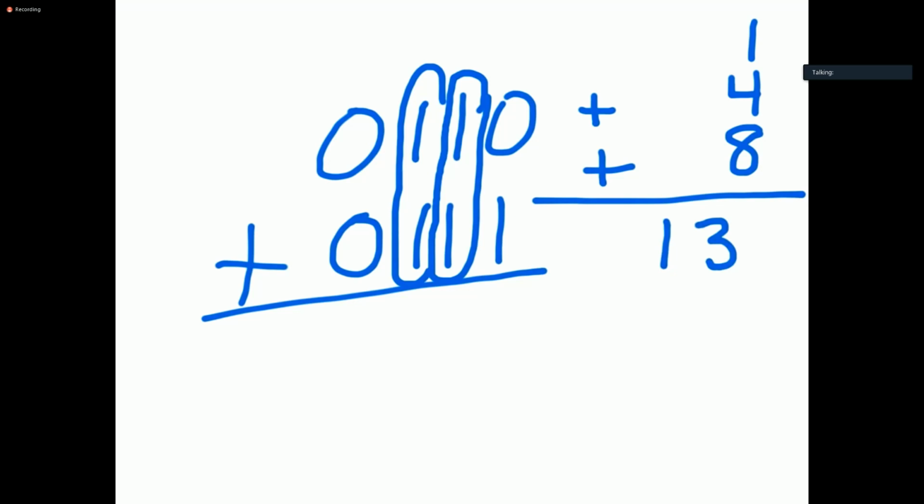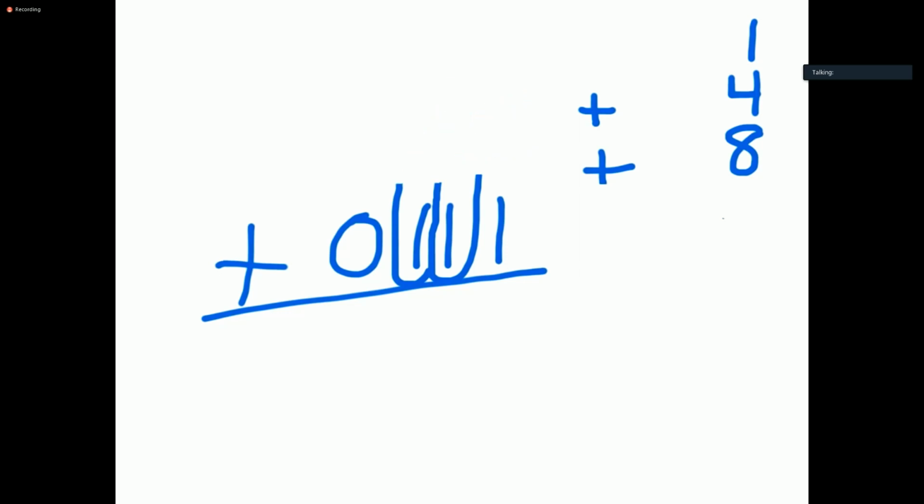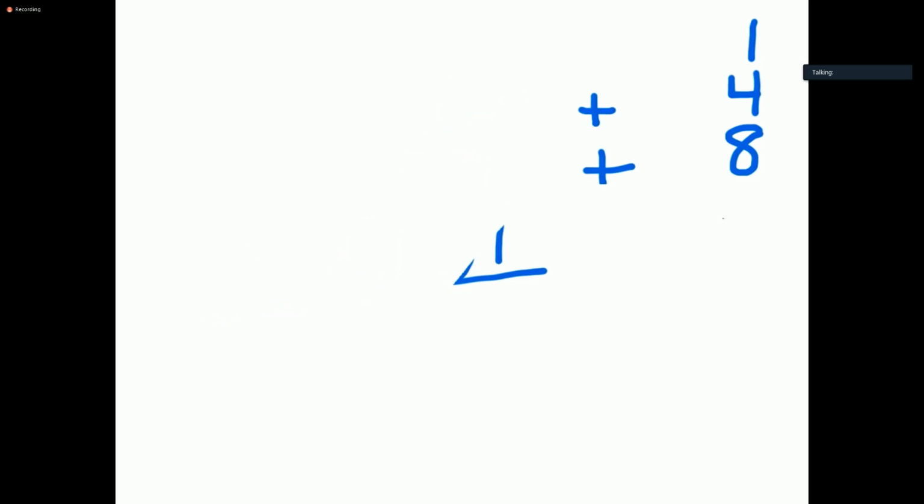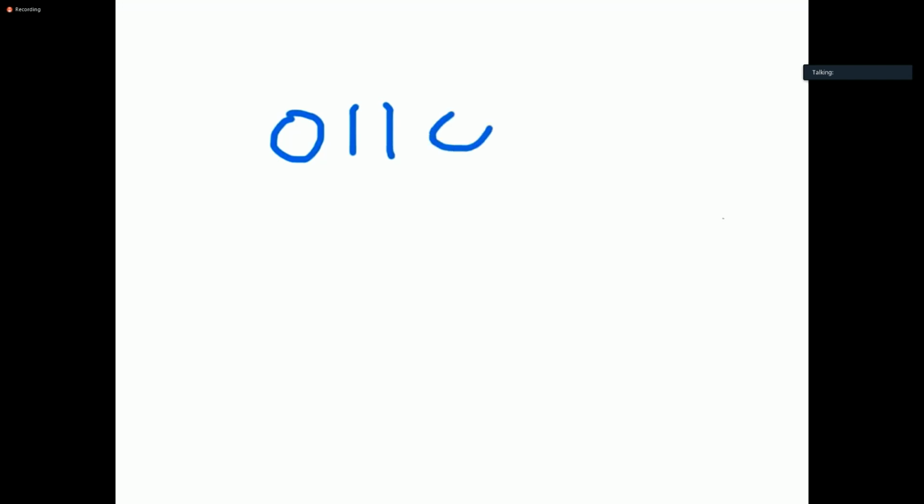Now you can do the exact same thing in binary if you want to have the binary answer instead, and we'll do the exact same thing. We'll add together 6 and 7. But this time, rather than writing it out in decimal, we'll write it out in binary. So we have 6 plus